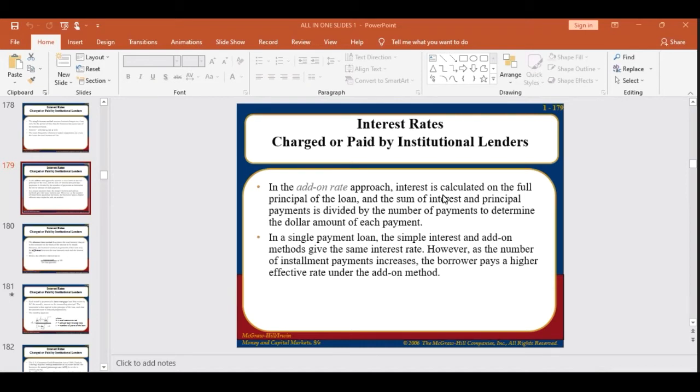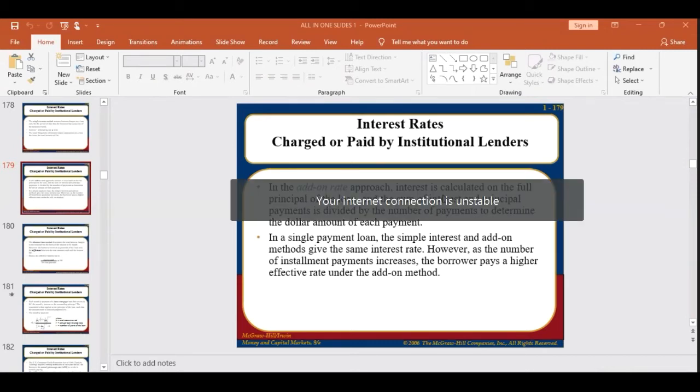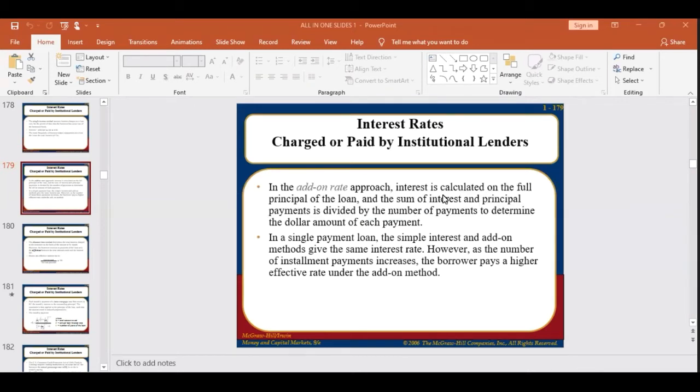So 8% on 25,000. That's 2,000. For 4 years, so times 4. 8,000. You had 8,000. Yes, please. So you see that the simple interest